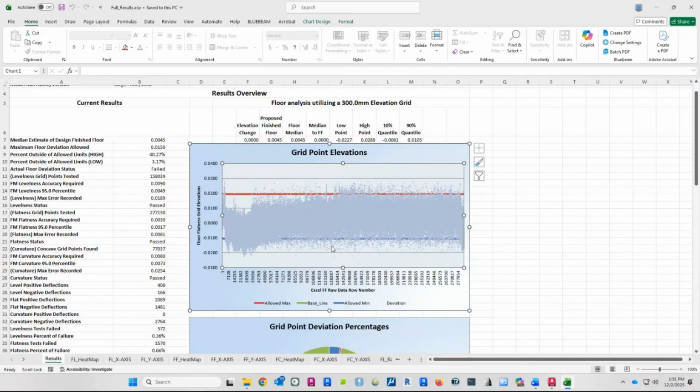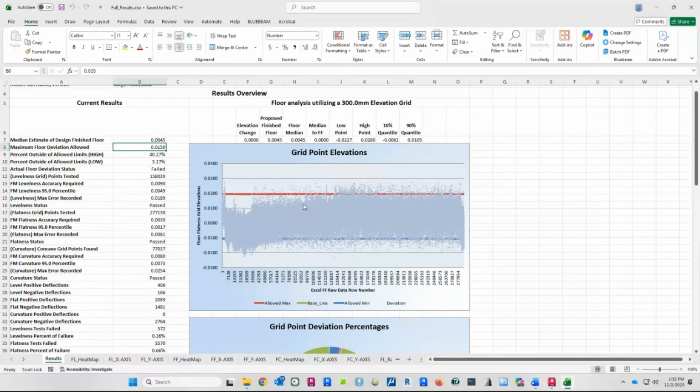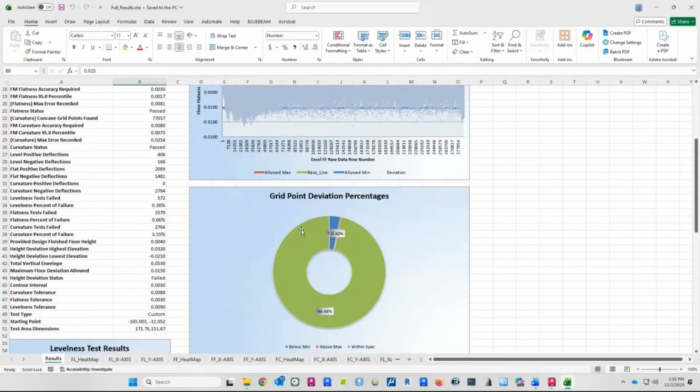That gives you another way to look at how many points really failed outside of the total deviation allowed of 10 or 50. I think this was 15 millimeters. And you can change that live to help adjust these. If your client, a lot of times, will say, well, what if we move the benchmark up or move it down? How much of the floor will fail? And as you do those on this sheet, it'll update the percentages of fail and pass,